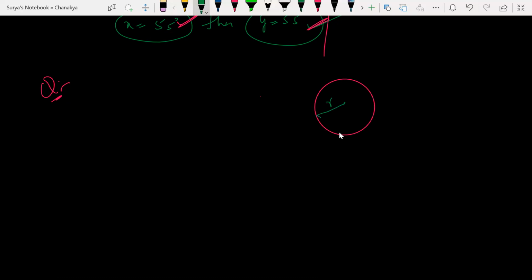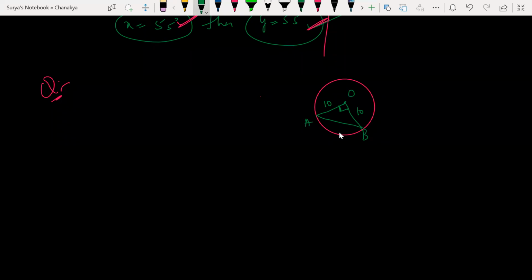So the chord can be this. This can be a chord. And this is a radius, right? This is 10 given, so this is also going to be 10. Yes or no? And this will of course be 90 degrees. This is point A and point B, and this is center O. I hope it is clear with everyone.